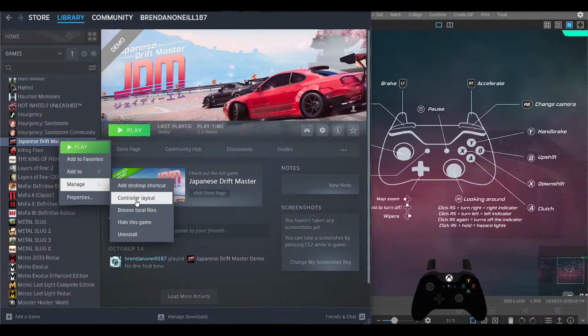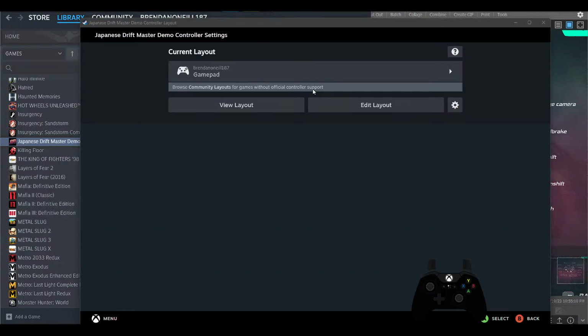You don't have to do anything. If you just want to change settings in a specific game, make sure you do it this way, okay? Not in global settings, not everything, just in this setting. So when you click on it, we're going to click on it right here, and it's going to give you